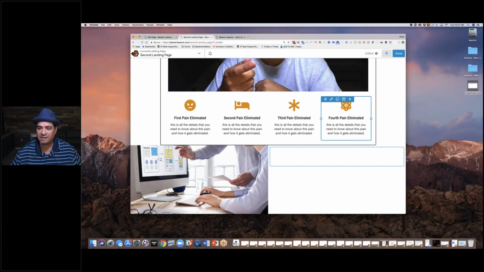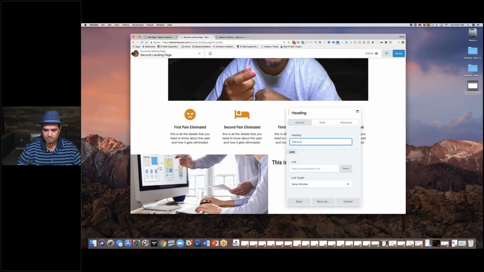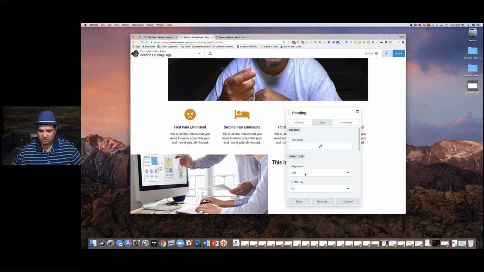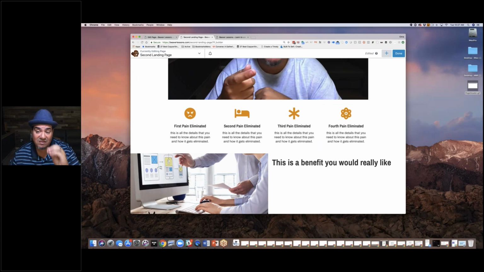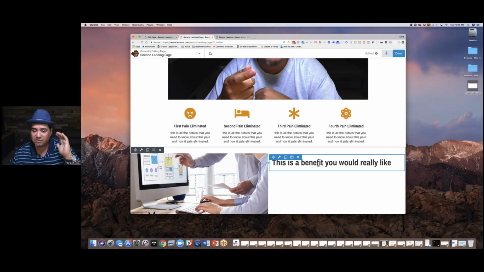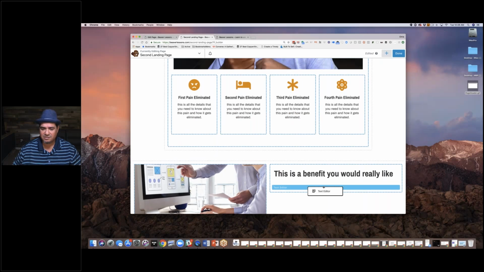But we'll come in here and we'll say, okay, we know we need to add a heading. We can do left aligned, bring it back up to heading 2. If structurally this isn't a heading 2, if you want to cascade down, you can always change it to heading 3. You obviously have control over that. And then I'm going to come over here and add a text editor below it. And the text editor says,